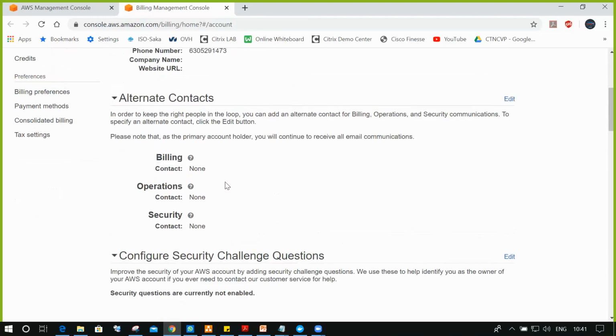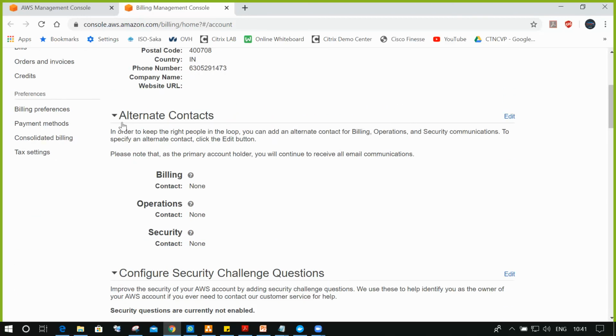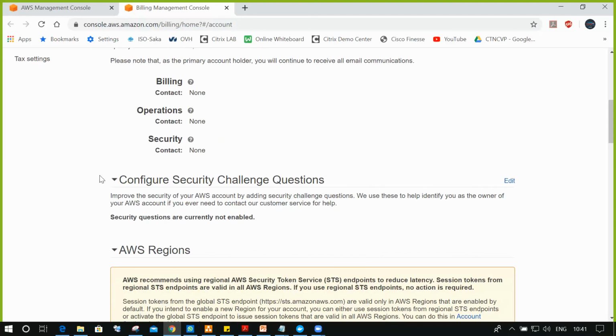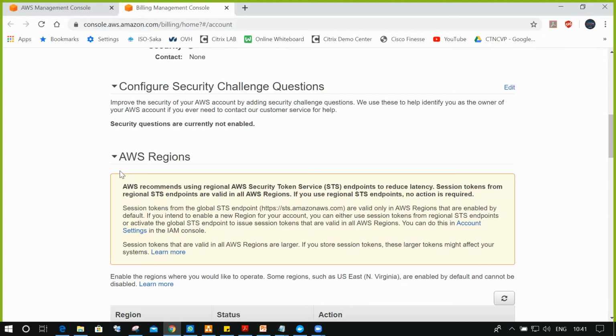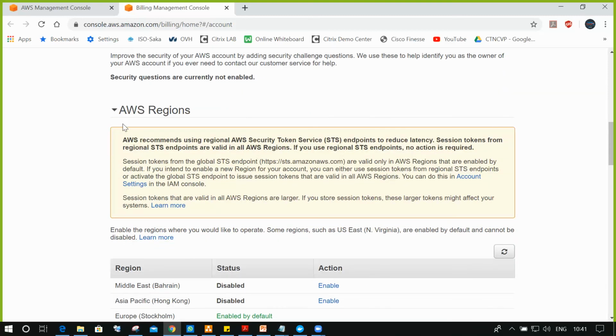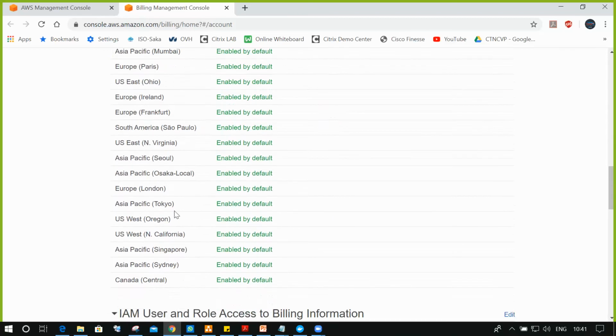This is your contact details and alternate contact details, which you can use for anything. And the security questions, if you want to enter anything, you can enter it here. Some AWS regions information will be showing. This is the terms and conditions. Once you are free, you can log in and check here. And these many regions are available